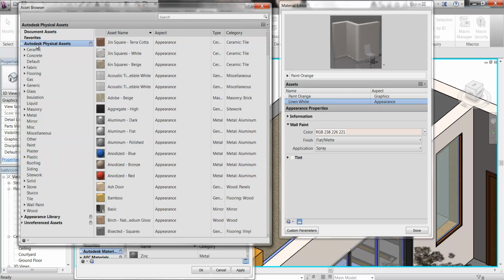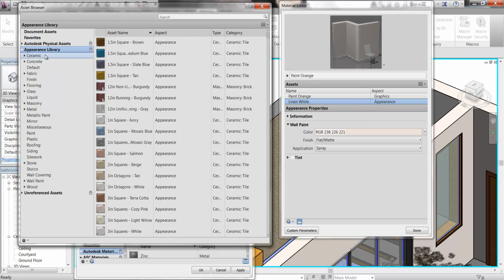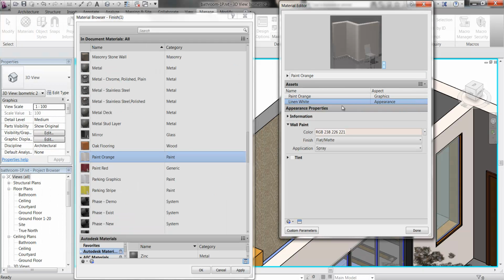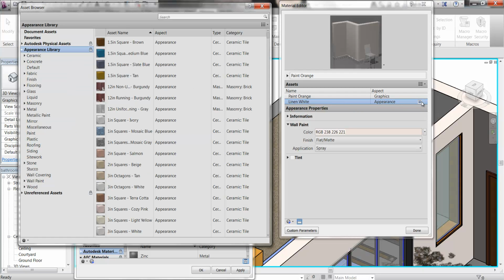Okay, so also Autodesk physical assets. Also below that you've got the appearance library. Either of those. So I'll just close this and bring it up again. So it's at the end of appearance there. You'll see a little button with two arrows. Replace. Okay, and so then make sure you go to the appearance library on the left-hand side,